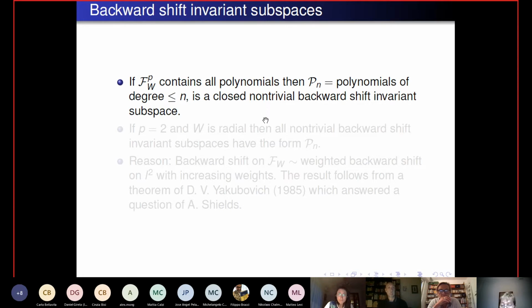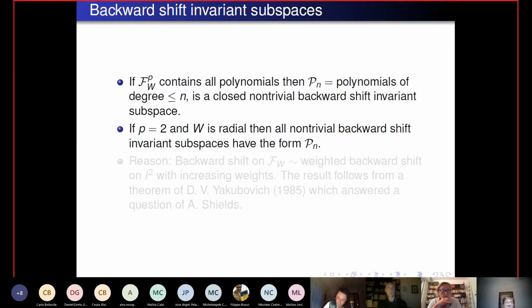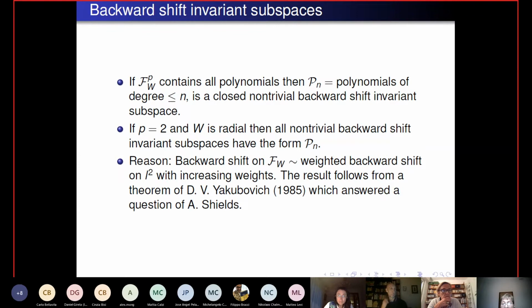Now, if p is 2 and W is really radial, then there are no other backward shift invariant subspaces. All of them must have this form: polynomials of degree at most n. This is not direct, it's not simple, but it has been proved. I think this is the father of Jacobovic. We should ask Anton or Jura, who proved this in 1985. It was originally questioned by Alan Shields, but then it was proved by Jacobovic that